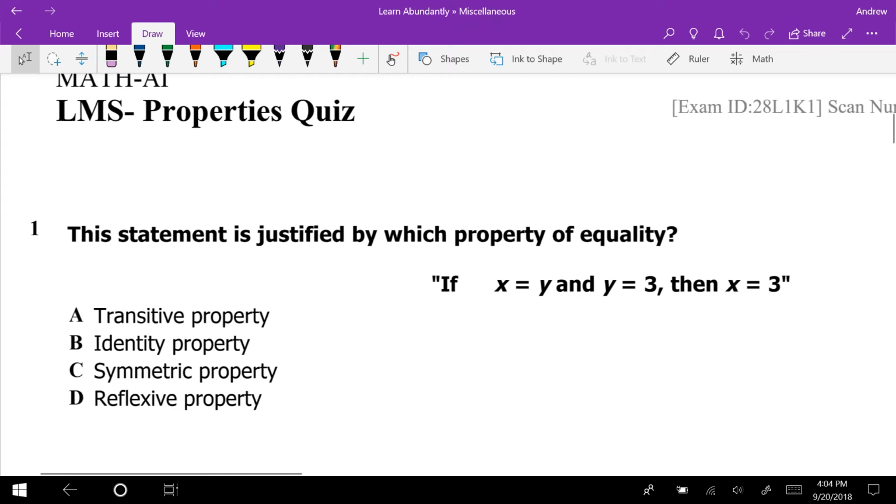All right. So we're going to take a look at the properties quiz. We have 10 questions on this one, and then we're going to look at the second version, okay? Because there's 10 more there, but some of them are repeats. First up,